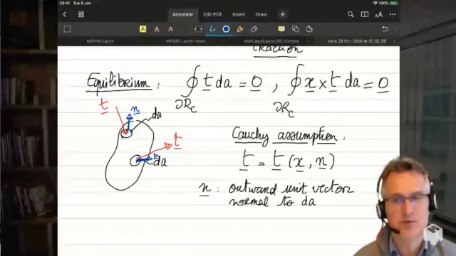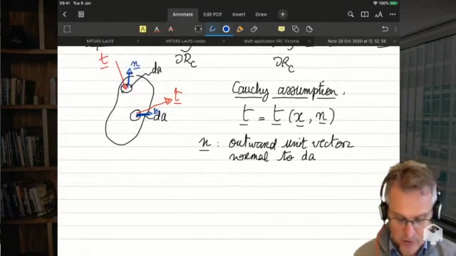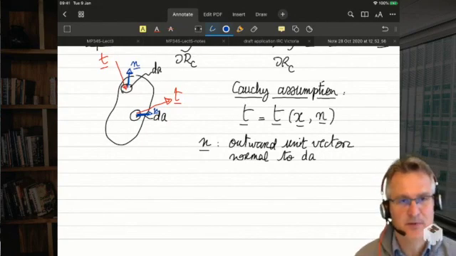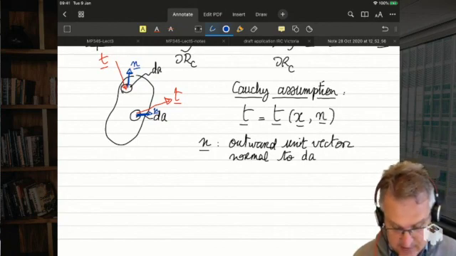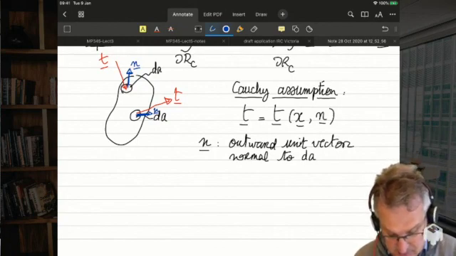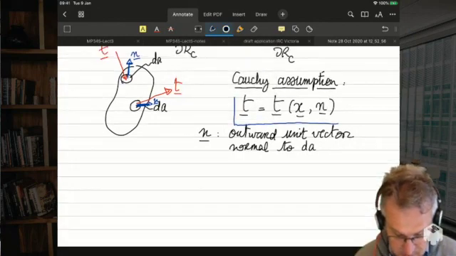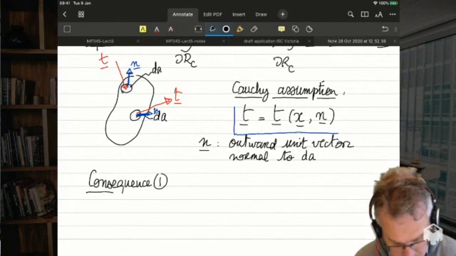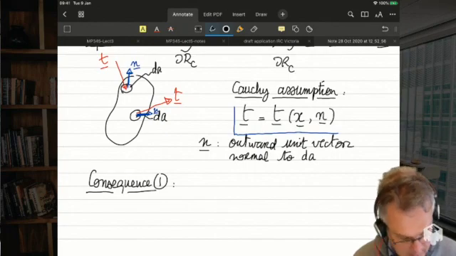And then the Cauchy assumption is as follows. T is a function of those two quantities. So T of x, I'm just going to drop it. We just keep it in mind because I'm lazy. But T of n, we must remember that. And this is very strong. It's stronger than it seems. And it will have consequences, right? The first consequence of this assumption, which is very reasonable,